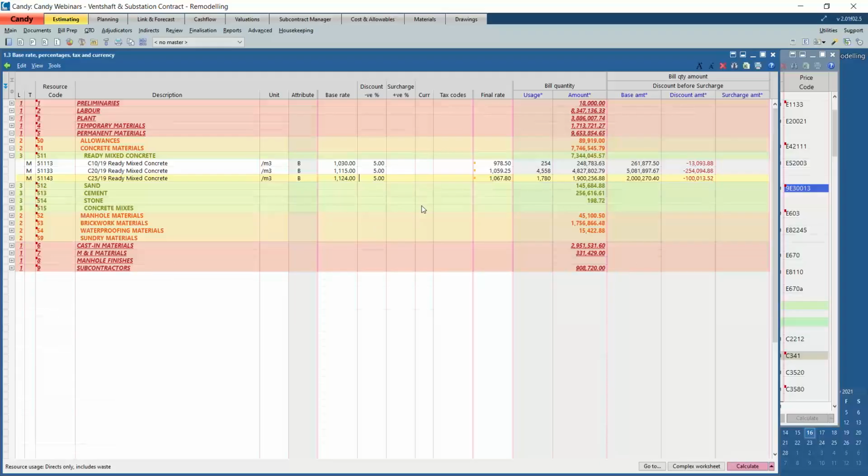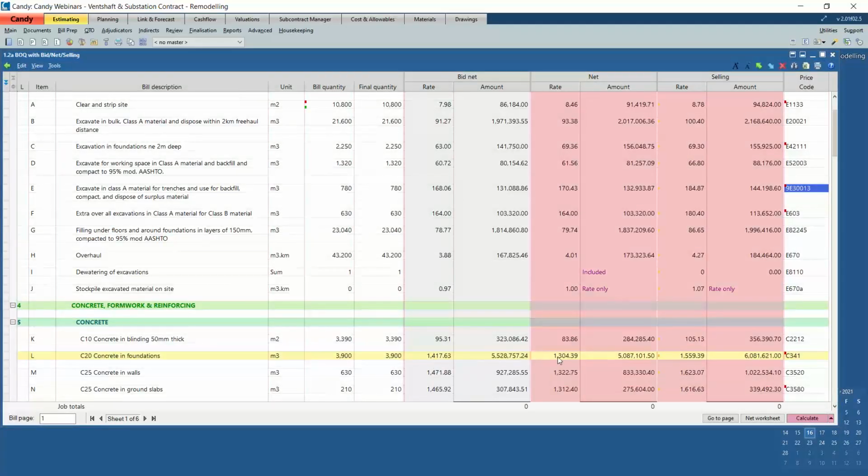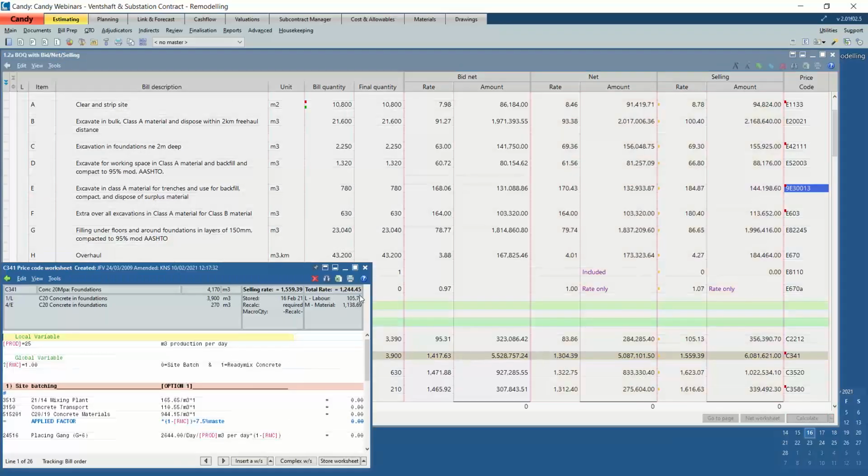So I go to my worksheet. If diesel has increased, and unfortunately I cannot do anything about it, we have to make sure that we put that and factor it into the job and so forth, and close this resource list. So if I go back to that worksheet, and I'm just going to quickly double click and open up the